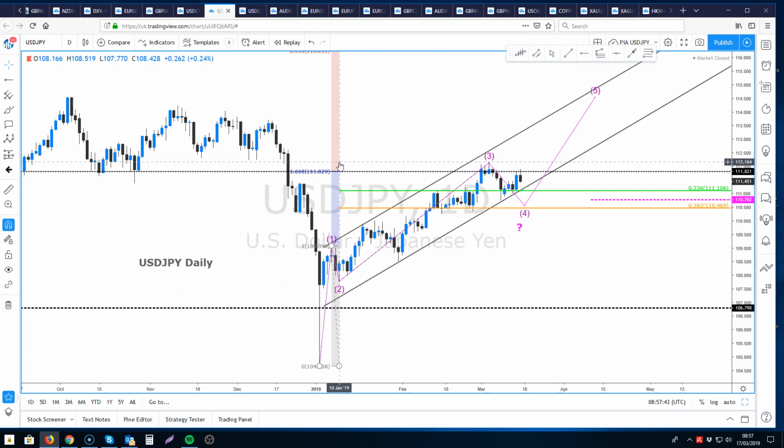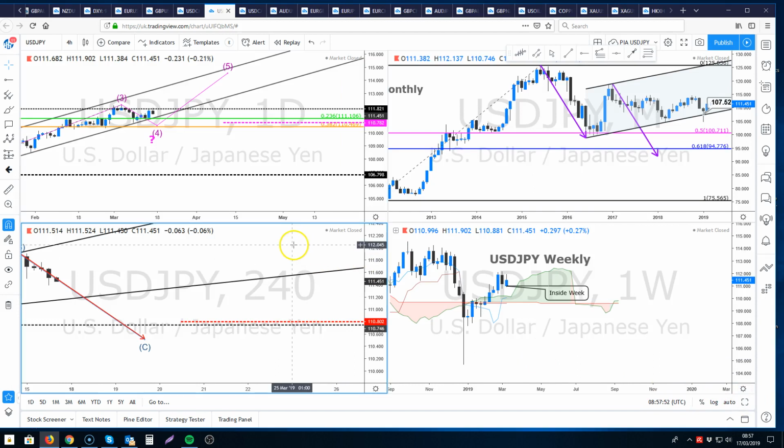Now we've got some bespoke support at 110.78. It's a weekly bespoke support, and that basically means that even if we push through it, as long as we close the week above it, then it remains quite bullish. If we go to this time frame,